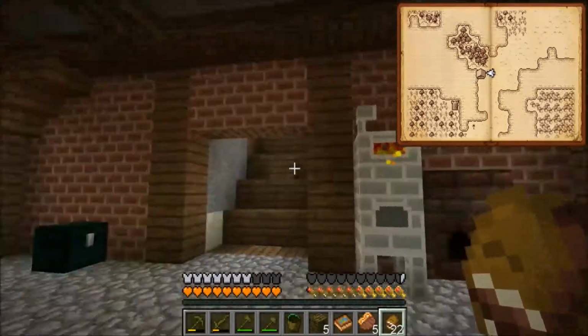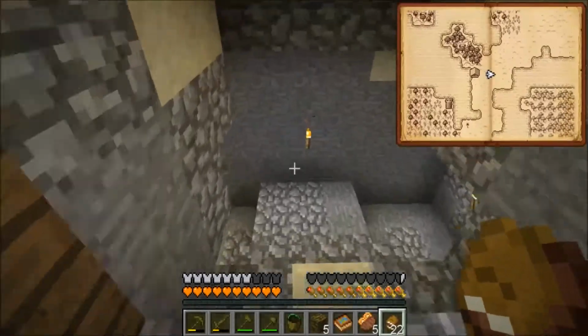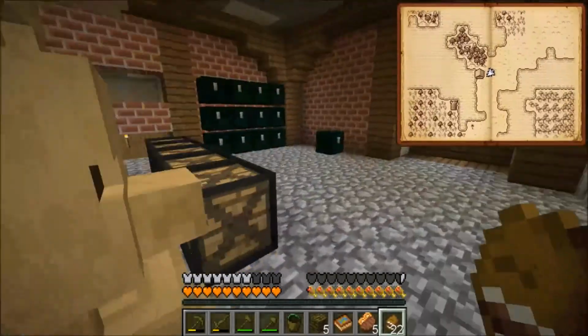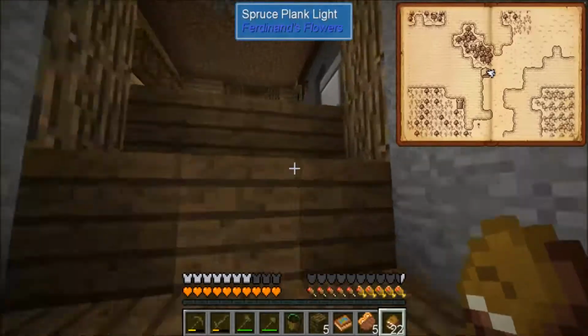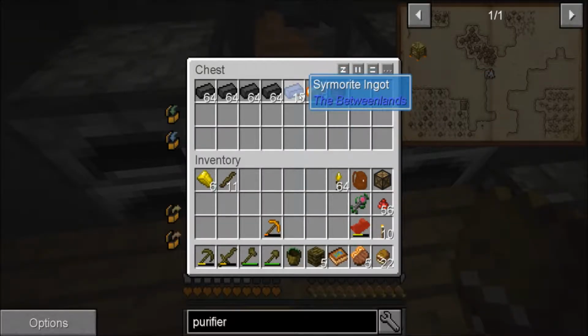So in the last episode we started getting into the Betweenlands. I've been doing a bit of work off camera, still haven't cleaned up this mess yet. But I actually went caving in the Betweenlands and got some octine and cemerite ingots. Also crafted up a weedwood bucket, and